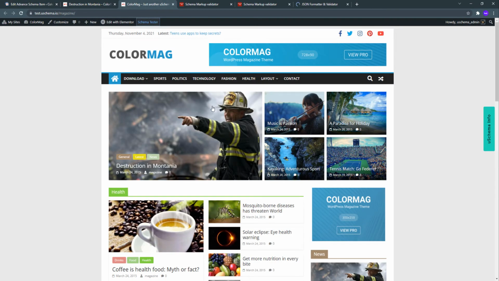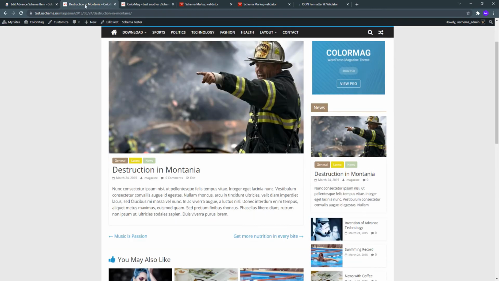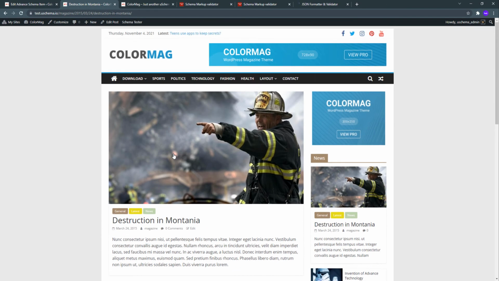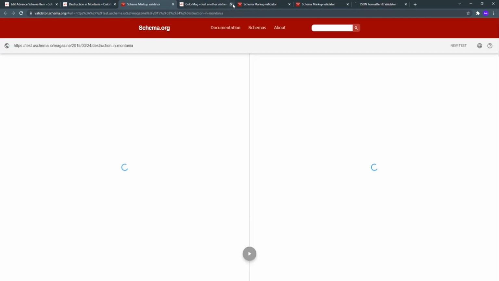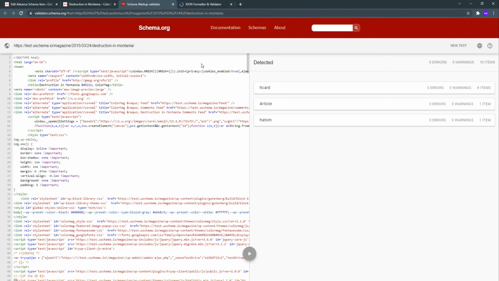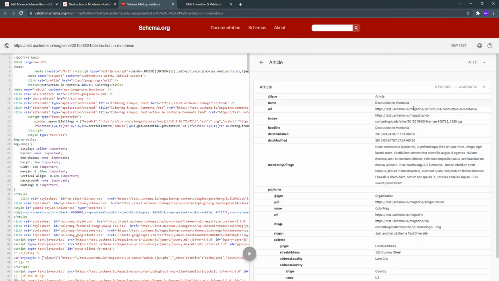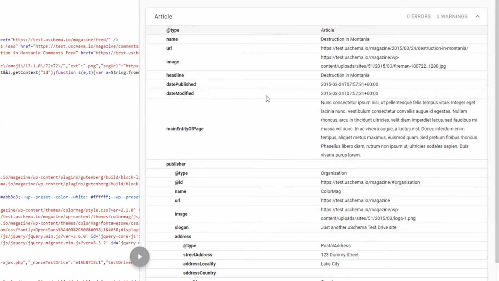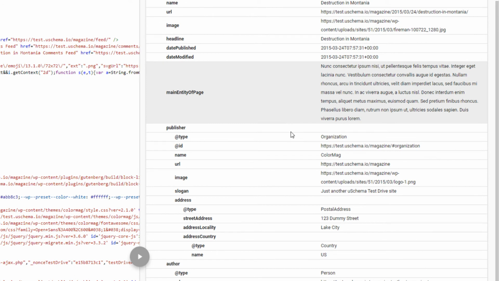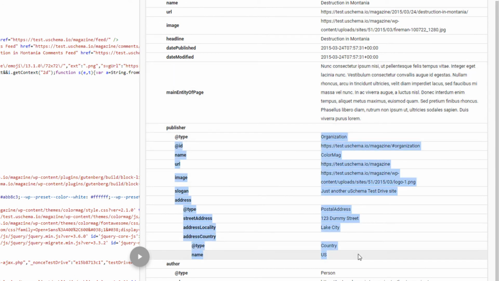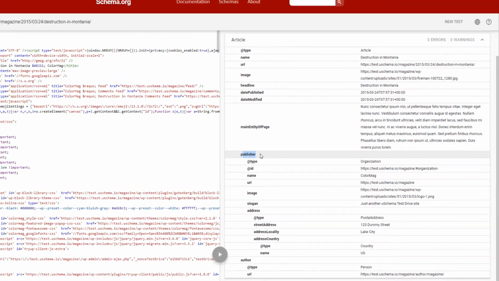Let's go to, for example, the description. This is an article, so let's refresh and check the article schema once again. Let me remove or close these previous icons here. So we have an article, and inside the article the validator has already grabbed all of the information that we have in the organization as a publisher.